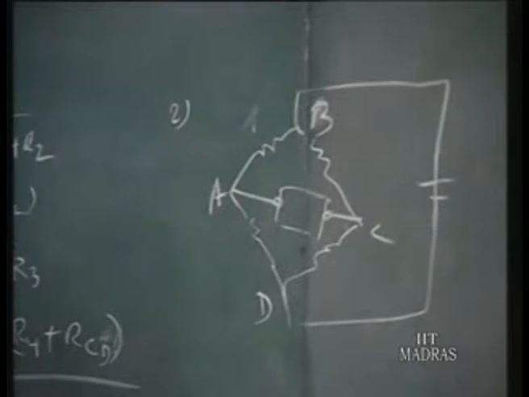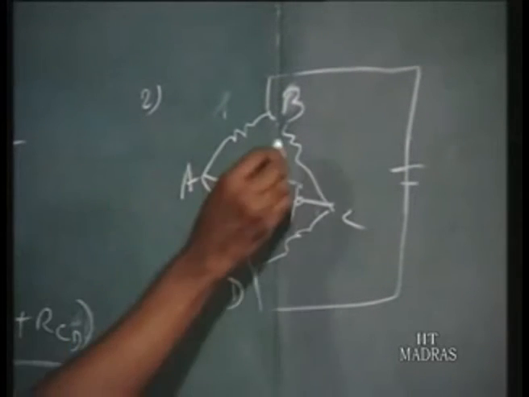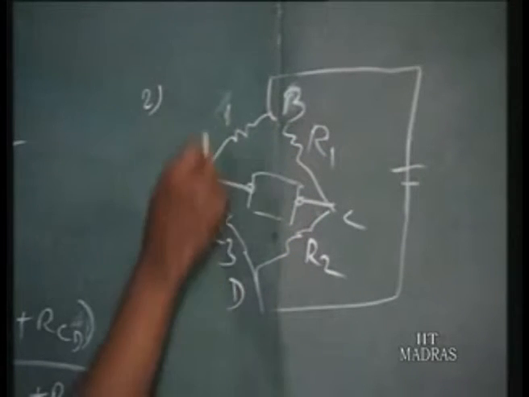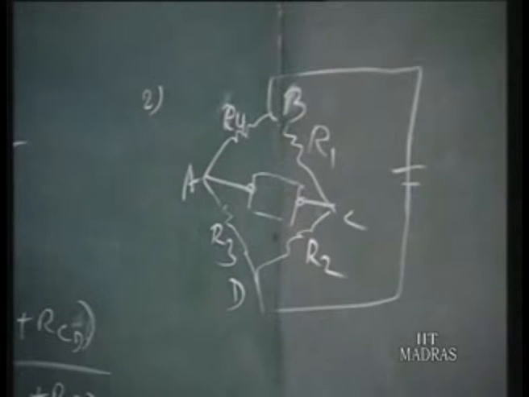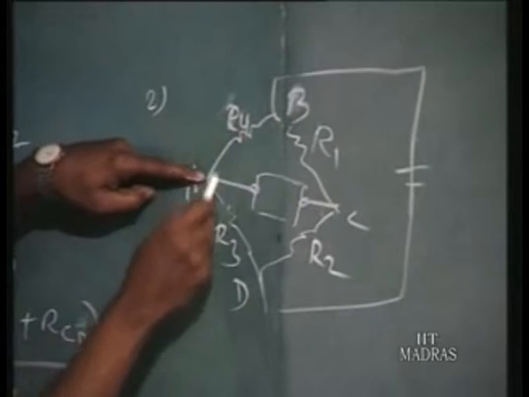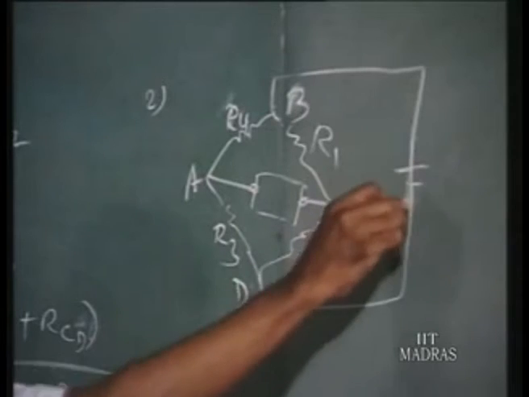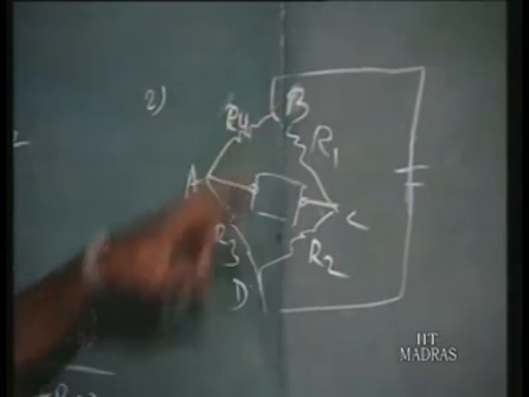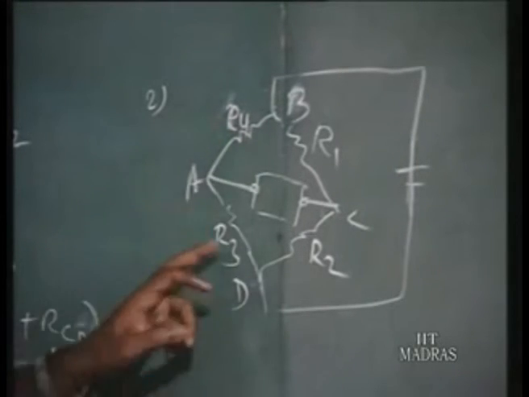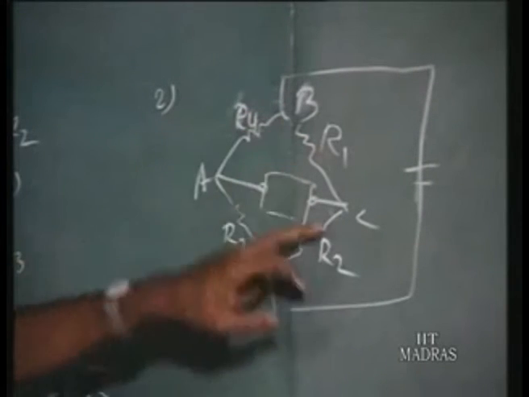Now starting from A, I can go to B or D through, say, I will call this R1, R2, R3, R4. These are the 4 resistances. So to reach C, I have to start from A. Through R4 or R3, I can reach the point B or D. And since the battery source is already short circuited, B and D remain at the same potential, the same point. Having come to BD, either through R3 or R4, then again to reach C, from BD I can come either through R1 or through R2.